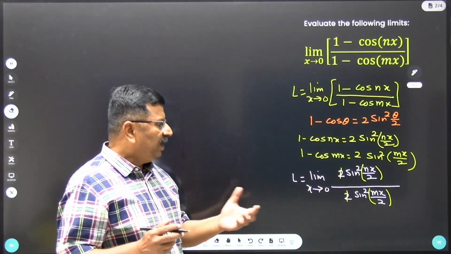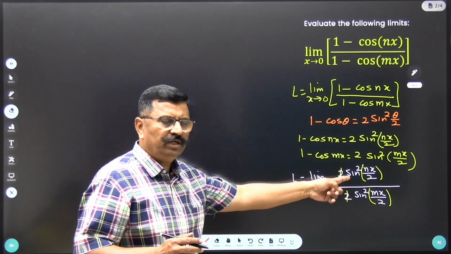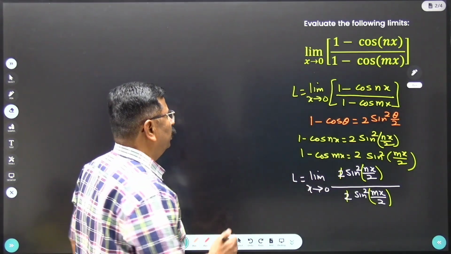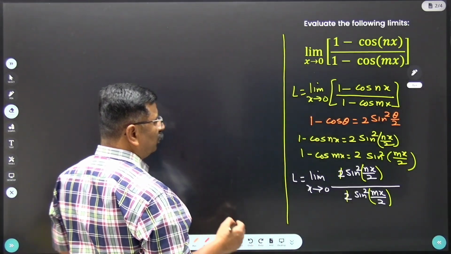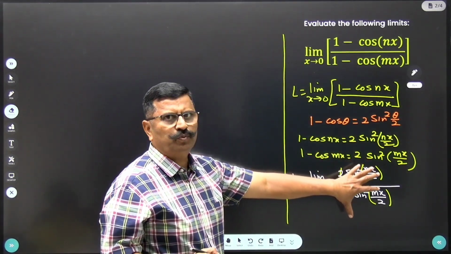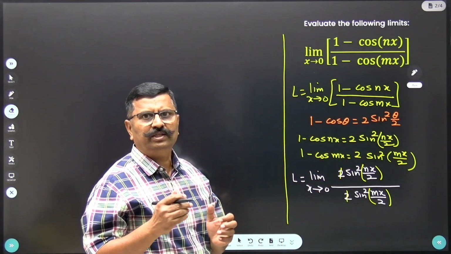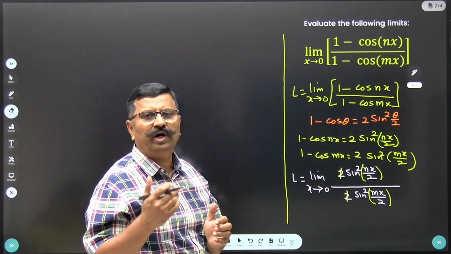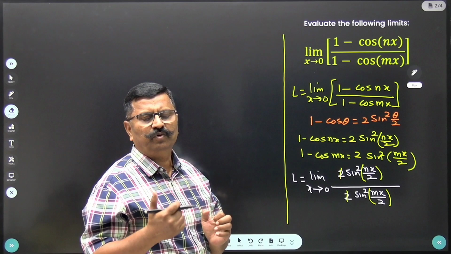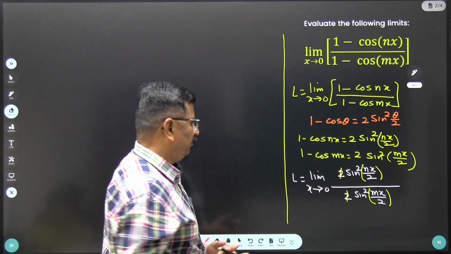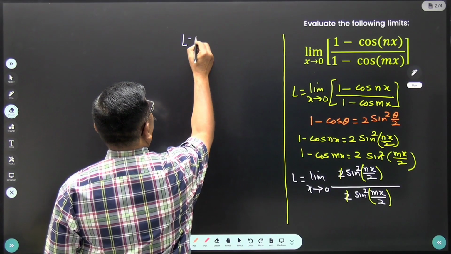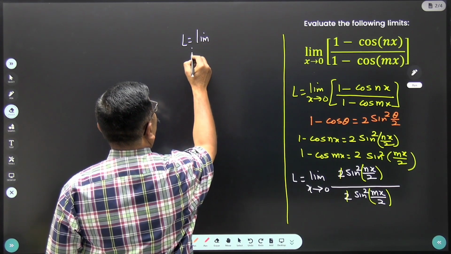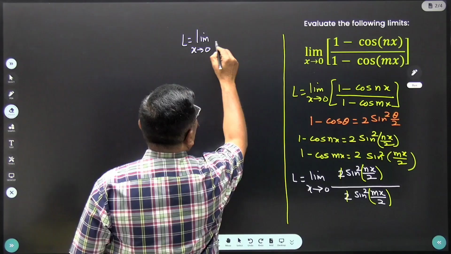Now we will have to divide the numerator and denominator by x square. Why? Because we have to get this version of the problem into the version of the formulas, that is limit sin x upon x is equal to 1, or limit sin kx upon x is equal to k. So L is equal to limit x tends to 0,